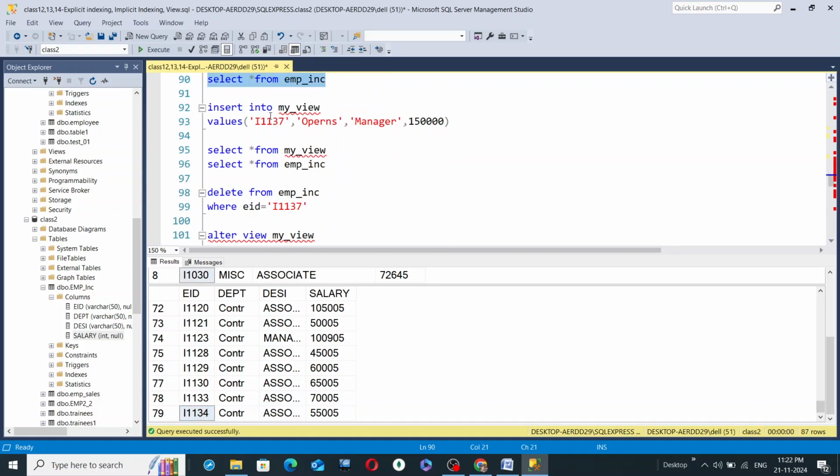Now suppose this view was created with respect to what? This view, my_view, was created with respect to only the miscellaneous department. That is, if I have some record with regards to the miscellaneous department, then that only should be inserted into the view, and via that view, that particular record should be inserted into the actual table. If the department is anything else apart from the department of